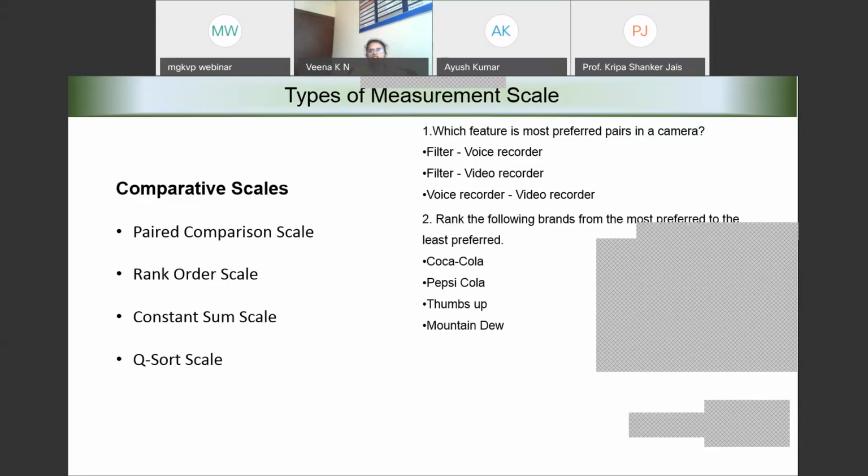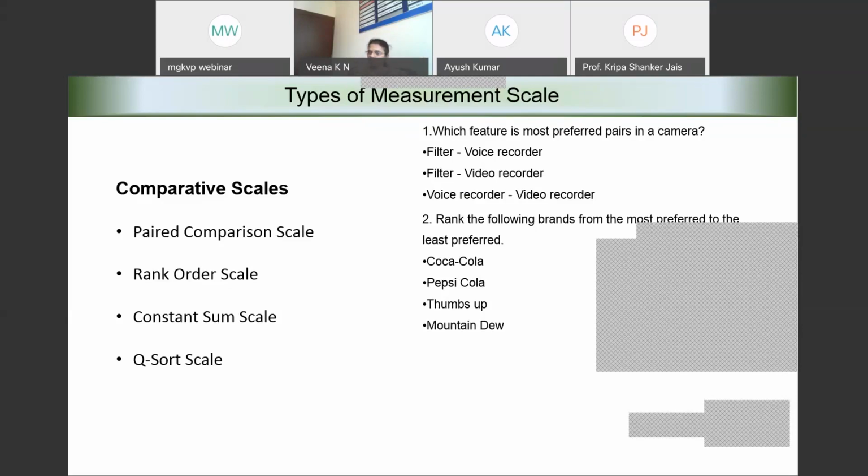Quite possible. So another example could be, if I want to store some beverages in my shop, among the 4 possible beverages, I would like to know which one is the most preferred and which one is the least preferred by the potential customers who visit my shop. So I try to assess the market by giving this type of option. Assume that Pepsi gets rank 1, Coke gets rank 2, Thumbs Up gets rank 3 and Mountain Dew gets rank 4.